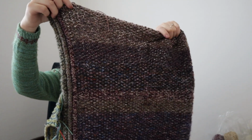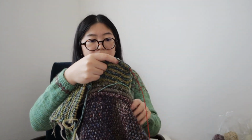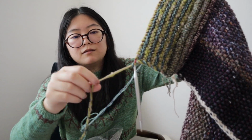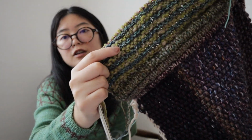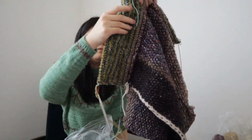I'm using a lot of old hand-dyed scraps from back when I first started hand-dyeing yarn. I'm using old hand-spun yarn, so like this greenish color is hand-spun. I'm also using, so another work in progress update, the Dathan pullover that I was knitting out of my Find Your Fade shawl